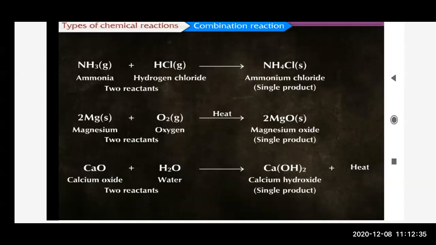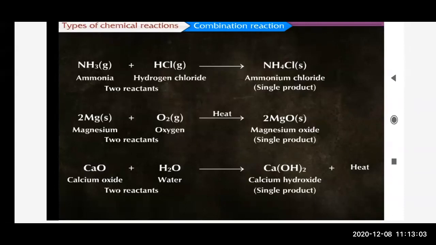What did we observe? We observed that white smoke was coming out from the tip of the glass rod. Why did this happen? It happened because of the heating. Due to heating, HCl vapors started coming out from the test tube, and ammonia, that is NH3 gas, came out from the solution on the glass rod. The ammonia gas and hydrogen chloride gas both reacted to form ammonium chloride.